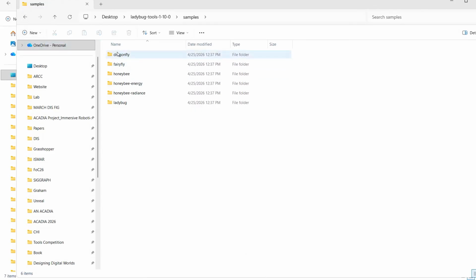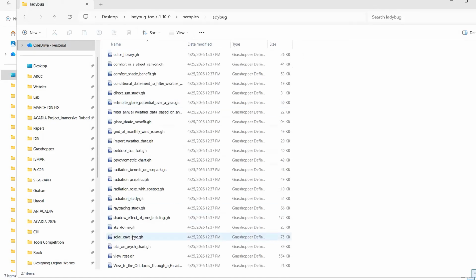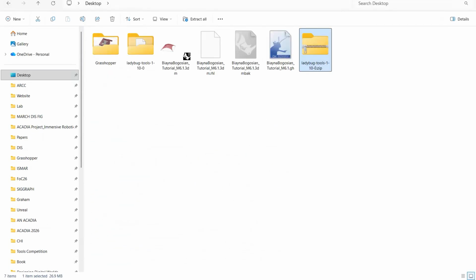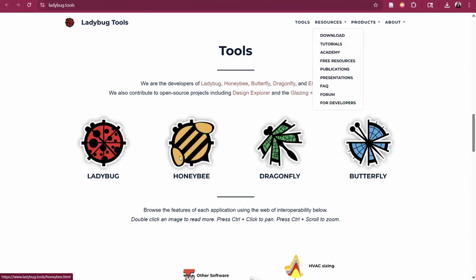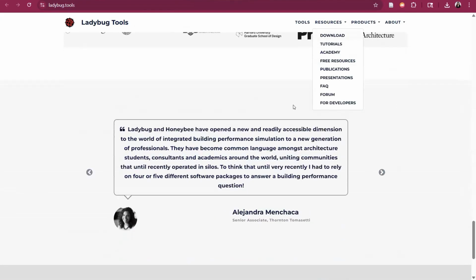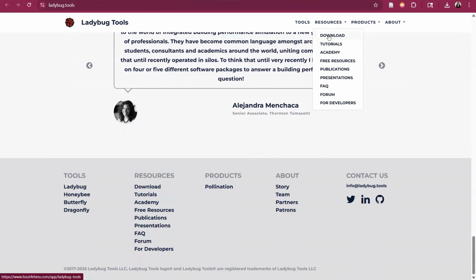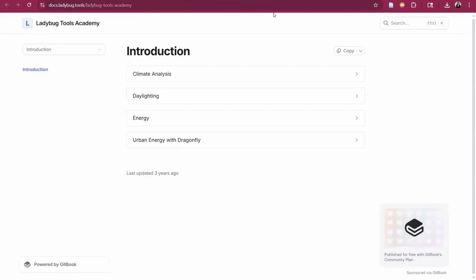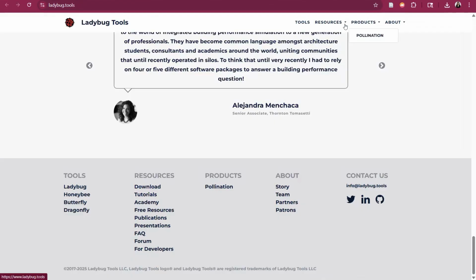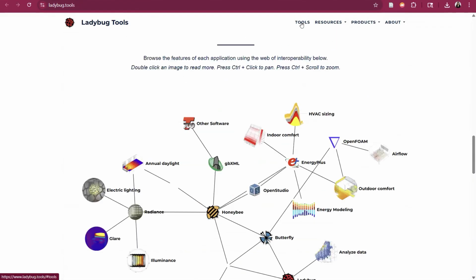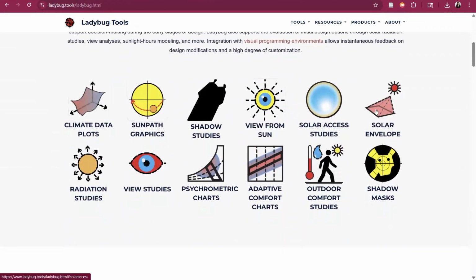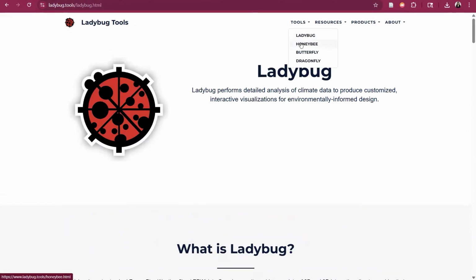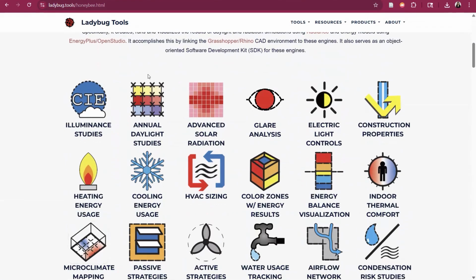One really great resource, as mentioned, is basically the example files. These are really detailed, annotated example files, but we can also quickly go back to the website. If I click on each of these, for instance Ladybug, then here I can get a general sense of what is possible. For instance, if I go to Honeybee, it gives me the main features,